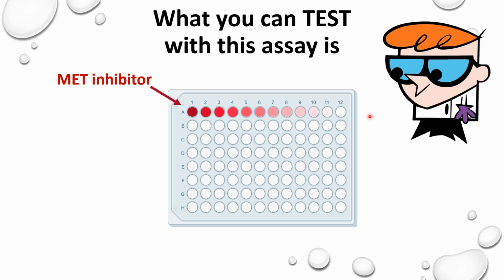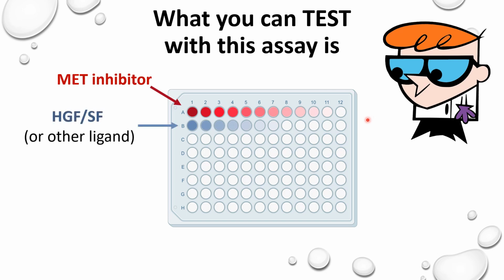However, let's put HDFSF in row B. We know what to expect. At a high concentration, we see scattering of the cells, and we slowly dilute again from B1 into B2, from B2 into B3. We dilute HDFSF down to a level where you will see that it stops activating the cells, stops stimulating scattering. And now, with the assay, we take the inhibitor at the different tested concentration in row A,